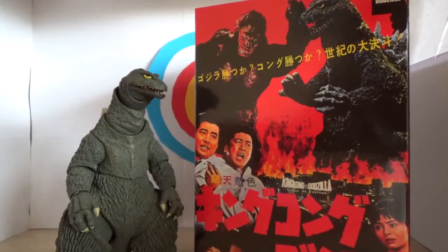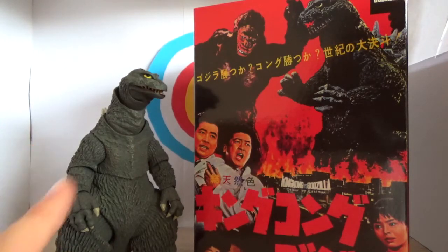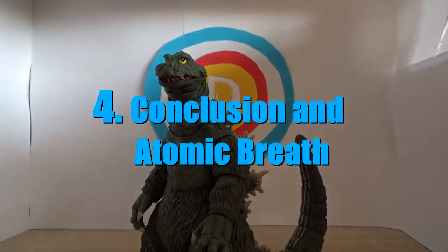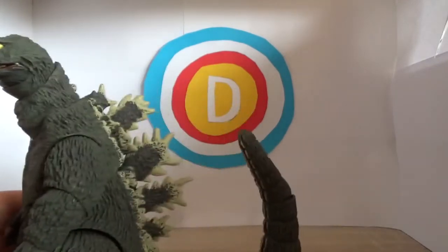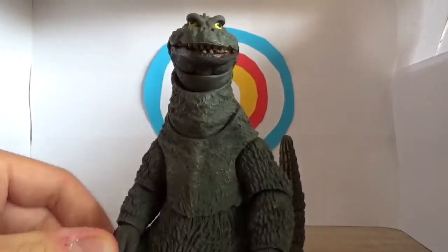This was the final stage, and we are almost at the end of the video, but we have to talk more about this figure, because I'm actually really impressed by it. So without further ado, let's get into it. Now, before this review comes to an end, I would like to conclude something for this figure. This figure, because of his design, because of his great articulation right there,